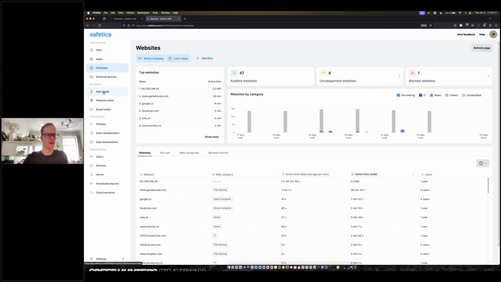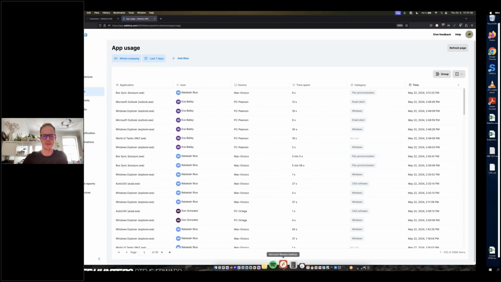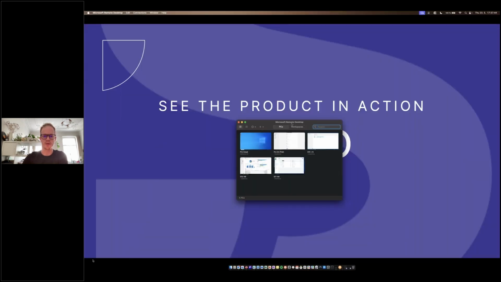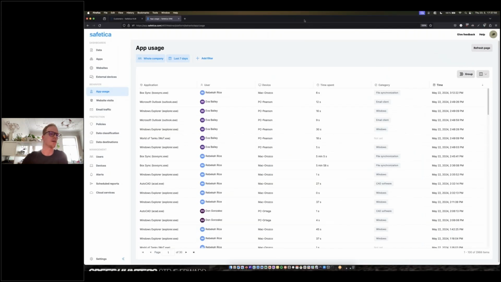And also going into this behavioral side, even though it looks very similar to what we have here, we get very granular in this area where we can go down to a few number of seconds in understanding who's using what applications and when. For example, I'm in Firefox right now, and if I click into a different application, it'll show that I'm in that application. If I go back and click again into Firefox, it'll then switch and show me that I'm now in Firefox. So it's essentially whatever active window you are using, that is what we're recording for the application usage. And website usage would be the same.